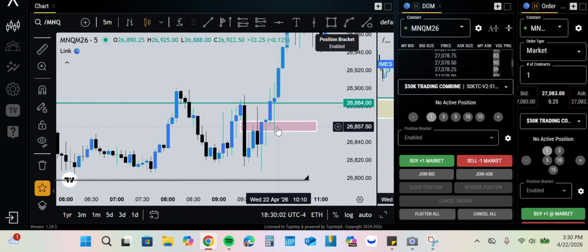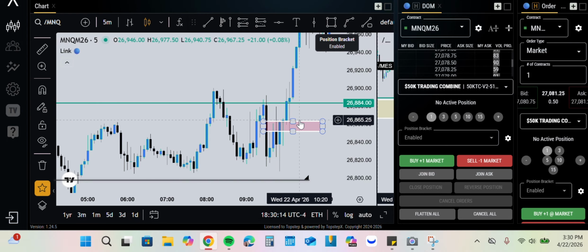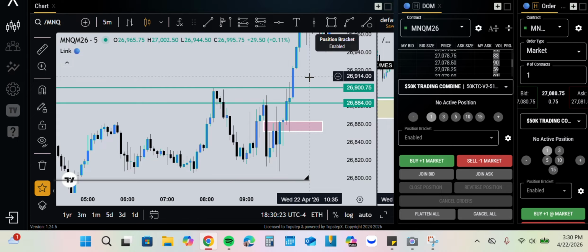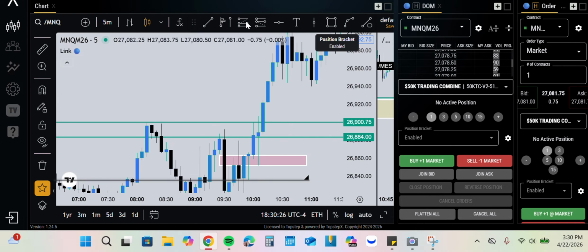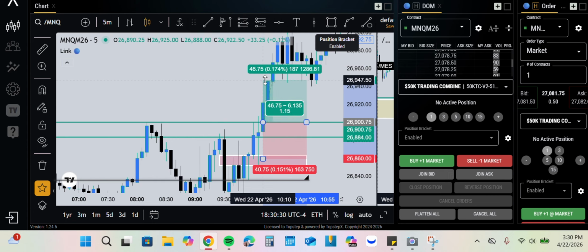And then I see a full body bullish candle close above the order block, confirming the bullish bias. And so then I waited for this high to get taken. Once that high got taken, then I entered the trade here. And I exited, I exited only because of the amount of points,